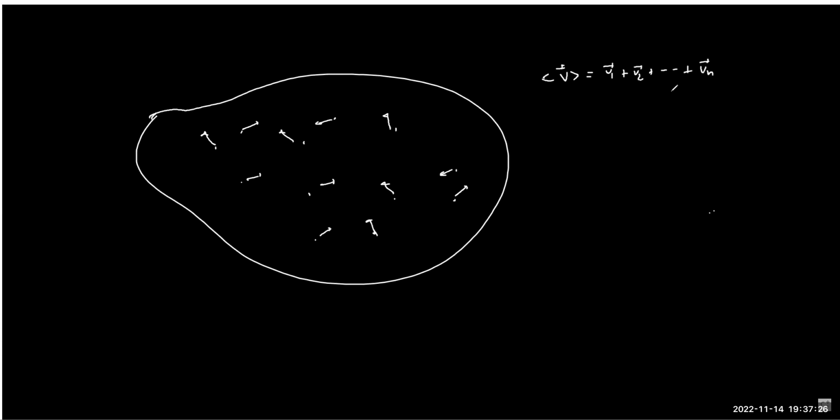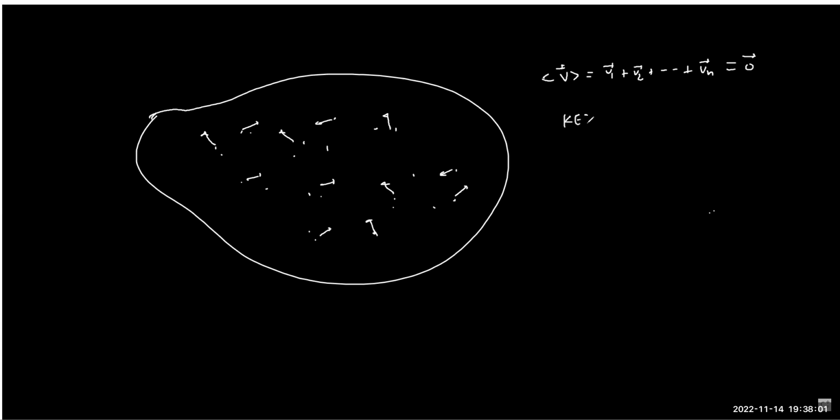Because of the randomness, for every right there is a left, for every left there is a right, and because of the infinite number of particles, the symmetry will give you a zero answer. So the average is zero in such a system. Now, to understand this RMS, no matter whether the average velocity is zero, the particles have energy, right? You can see everyone will have energy, correct? So what will be the average kinetic energy?